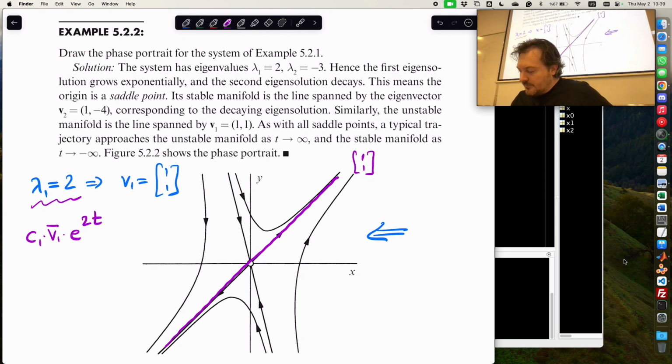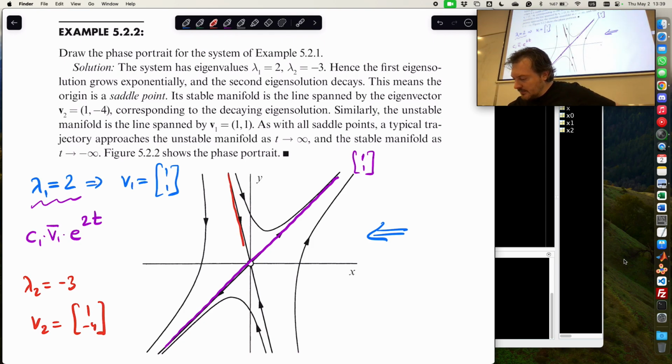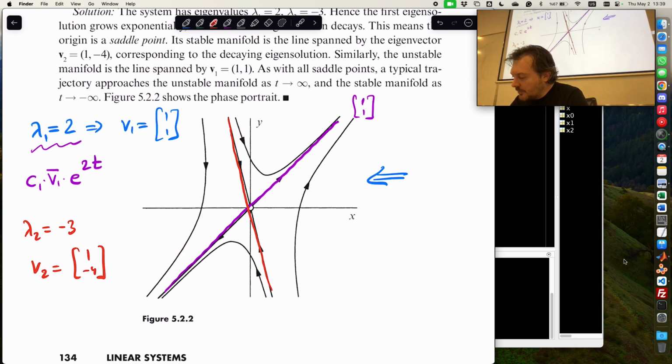What else do we have? We have lambda 2 equals minus 3, and the corresponding vector is (1, -4). So this line is the (1, -4) line, and the eigenvalue is negative, so it will be attracting in that direction. Okay? So this point in the middle where they cross,